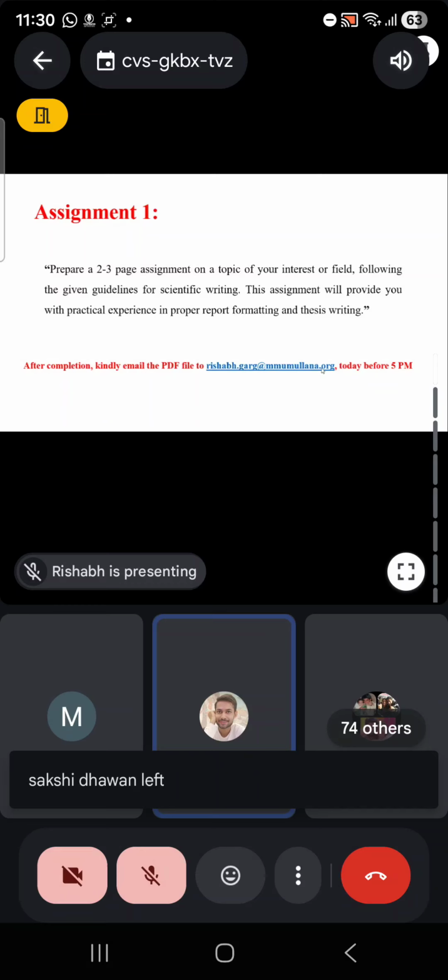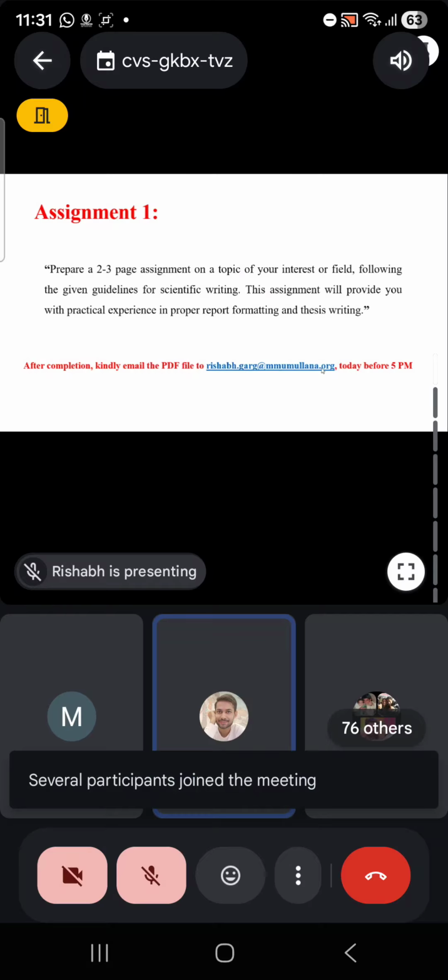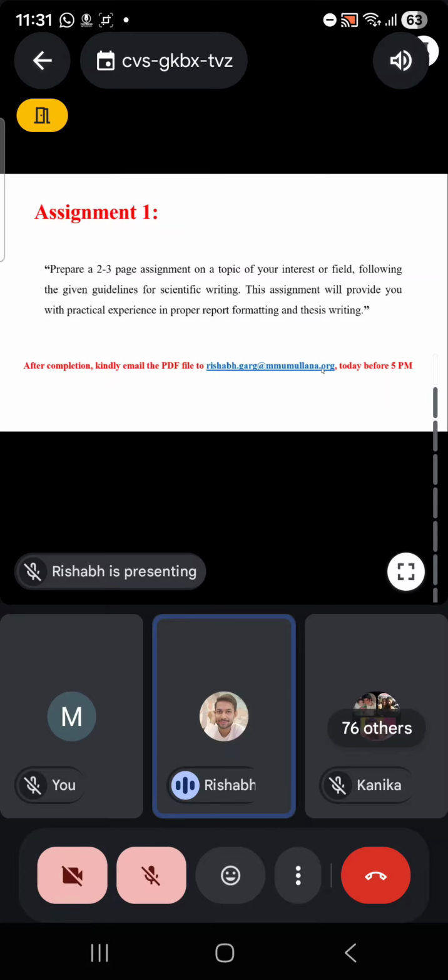So today's assignment will be, you have to prepare a 2 to 3 page assignment on a topic of your interest, which aligns with your field. Anything you can take, and just write a few paragraphs. I'll just show you the format of the assignment as well. I have created a template,